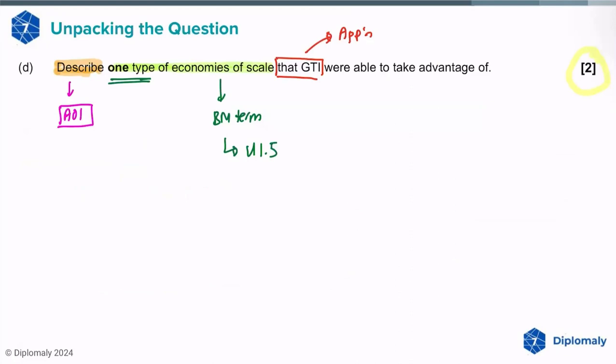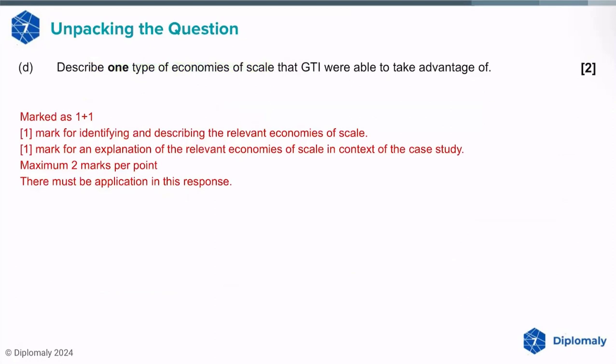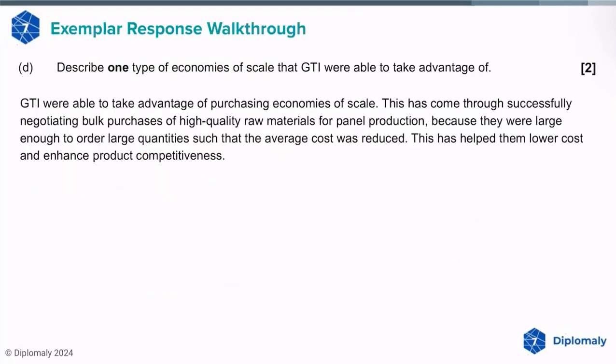appropriate economies of scale. And this is again the mark scheme of how examiners award the marks for the students. And this is the exemplar walkthrough response. So if you take a look at the response here, the economies of scale that has been chosen is purchasing economies of scale. A simple way to remember purchasing economies of scale is getting discounts from bulk buying. Bulk buying is when you buy any materials, goods and services in a large volume, so